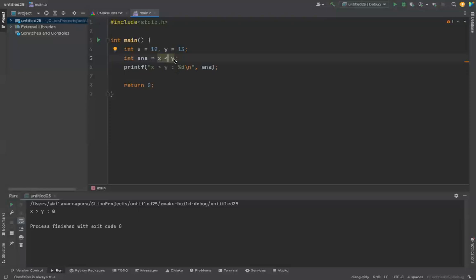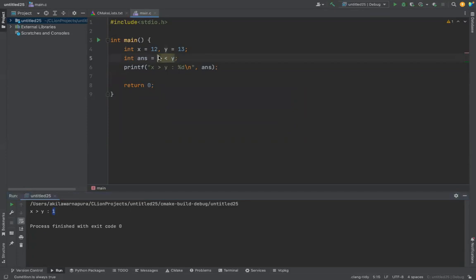Now x less than y. When you run, you can say the answer is 1. x is 12, y is 13. Yes, it is less than 13. The condition is true. If it is true,